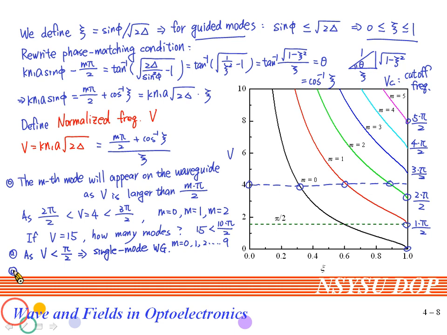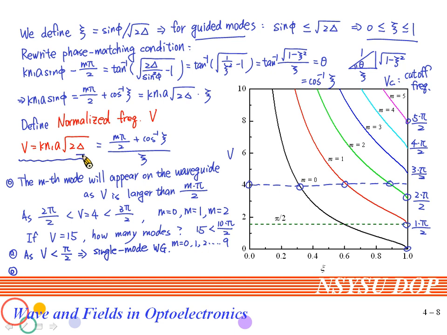Since we have known the condition for the single mode waveguide, how to realize such a single mode waveguide? We know that as the normalized frequency is reduced, we will have fewer guided modes on this waveguide. As we increase the value of the normalized frequency, we will have more guided modes. For single mode, the normalized frequency should be kept smaller than half pi. By this expression for the normalized frequency, we can learn how to keep it smaller than half pi.